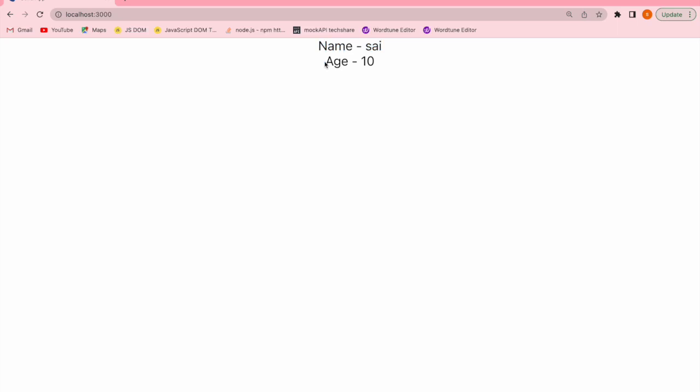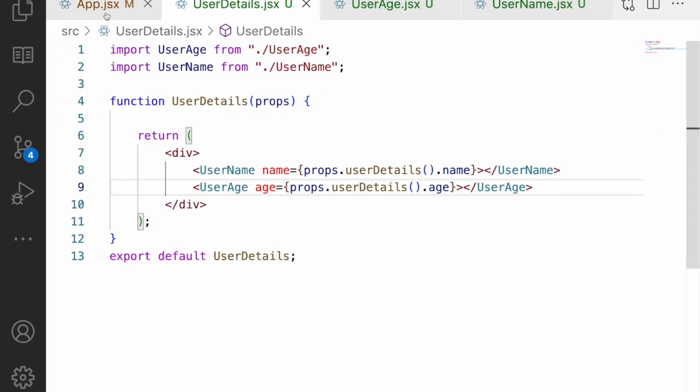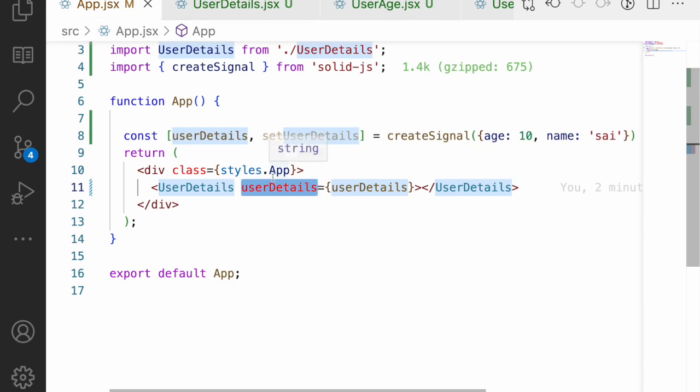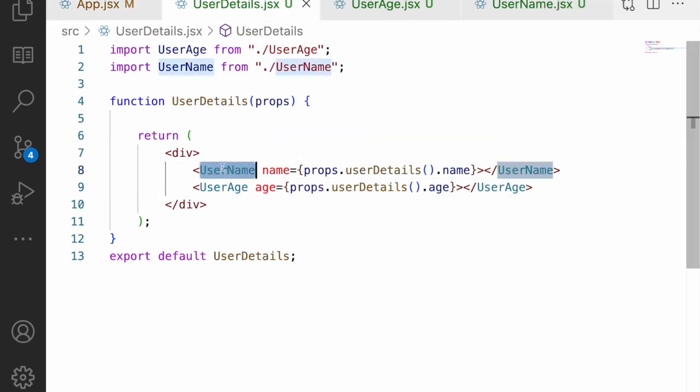So we are getting the name and we are getting the age, but here the problem is we are just passing the values from our parent component to the child1 component and child2 components. That means we are just passing the props in a drill down manner. However many components we have, we are passing all the details through props. If you really understand here,